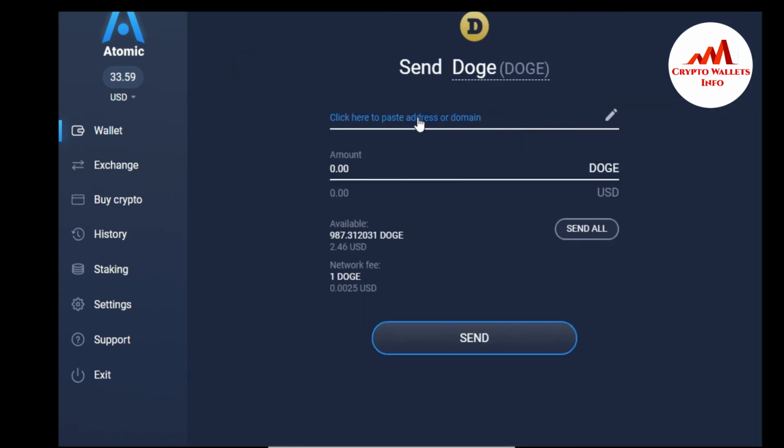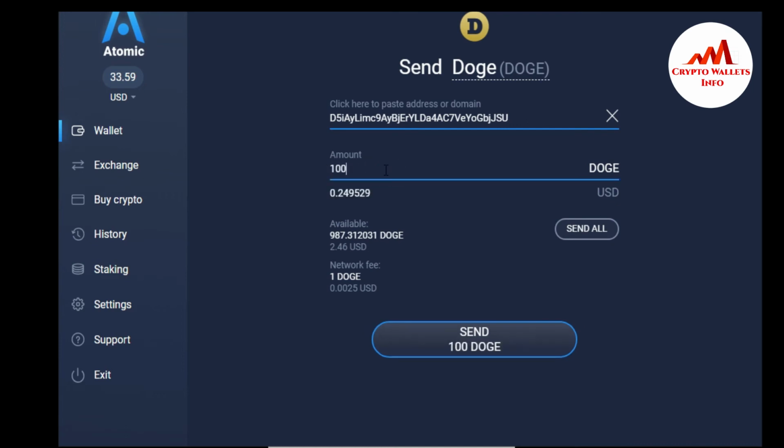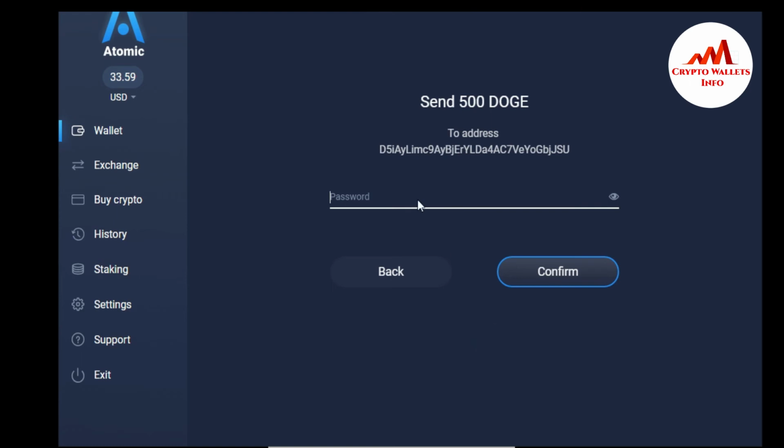Send. Paste here my address. Let's suppose I send 500 Dogecoin. So its total value is $1.24. Network fee is $1, so just send, enter the password here